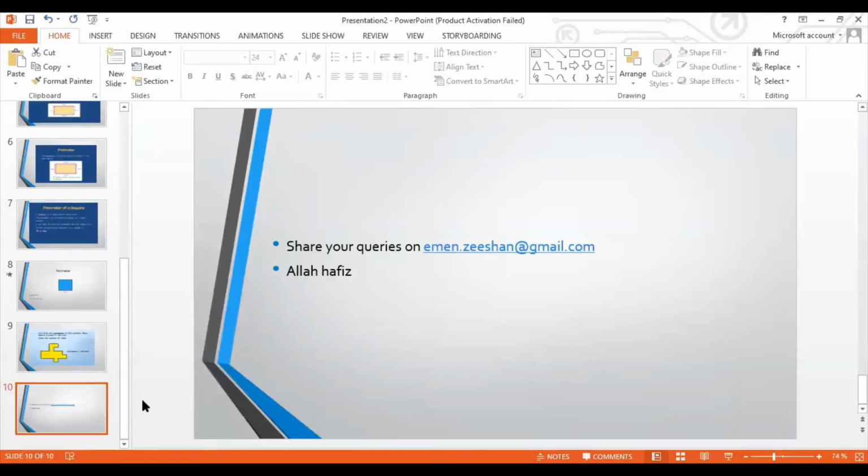Okay? We have done the perimeter of a square. Tomorrow we are going to do the perimeter of a rectangle. But I am going to do these things again with you. We are going to revise first the perimeter of a square, and then we are going to do the perimeter of a rectangle. If you have any queries, I have shared my email address with you so that you can share your queries or whatever problem you are having, you can tell me easily.